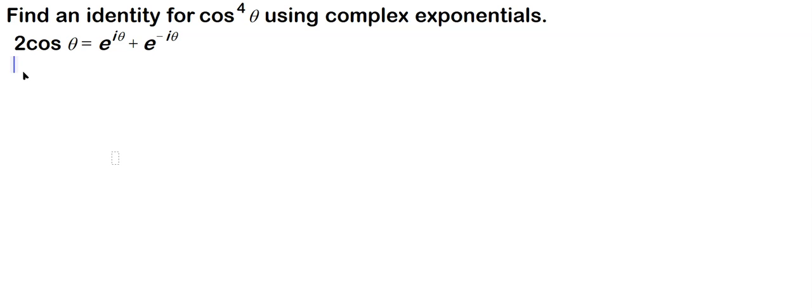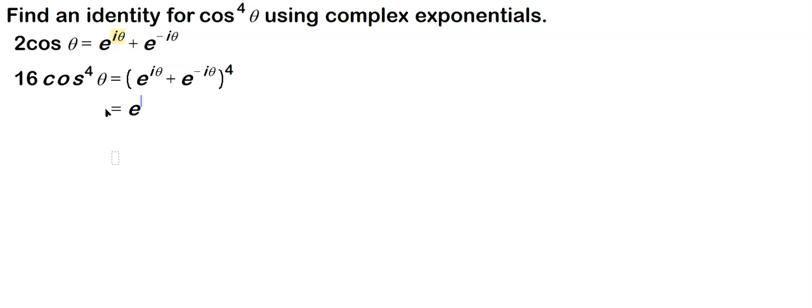How do we do that? Well, we can just raise both sides to the fourth. So it's going to be 16 cosine raised to the fourth of theta, which is equal to e raised to the i theta plus e raised to the negative i theta, and this whole thing raised to the fourth. Just exponentiate both sides. You can expand that expression on the right side of the equals with Pascal's triangle